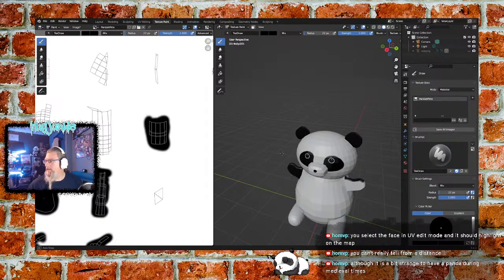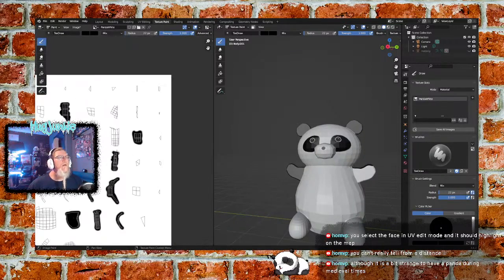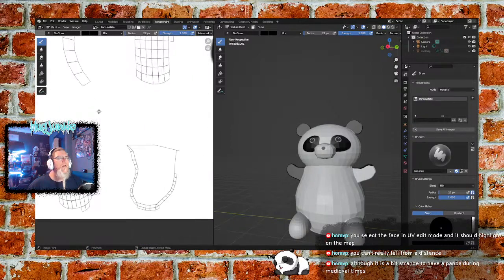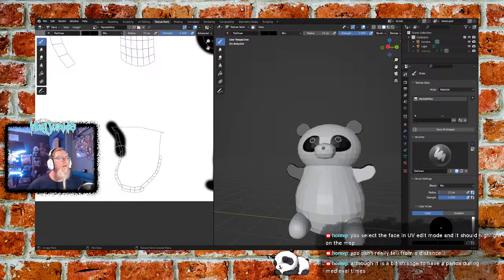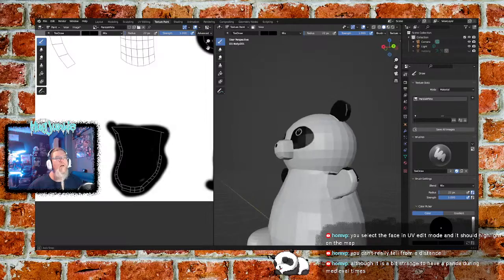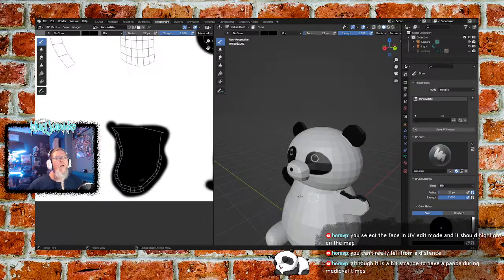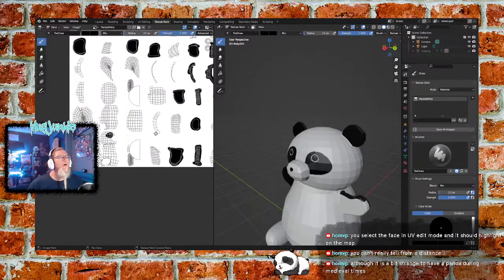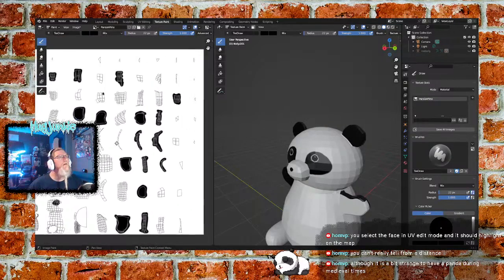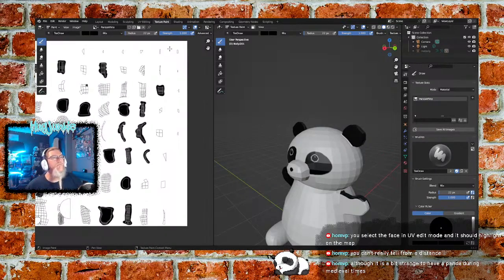Cool, that's the ears painted. Have we missed one of his arm pieces? They're pretty distinct there, it is down there. If you just these little bits here,